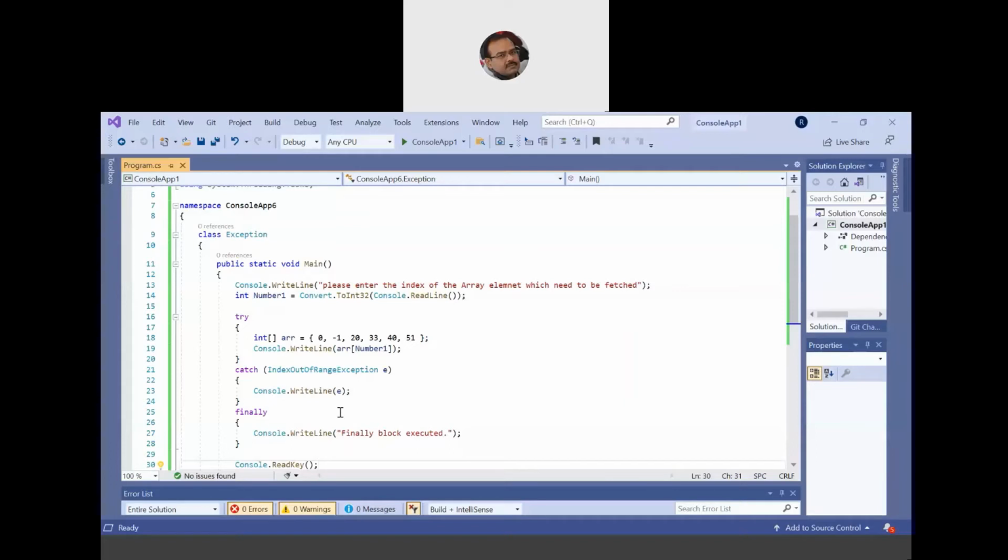Drivers may get loaded, or they may not, or an interruption can occur between the front end and the back end program. Maybe at my code or software level, maybe Visual Studio or Eclipse from which I'm trying to connect to the back end, or at the operating system level, or maybe at the database level. Somewhere some problem has arisen. So whenever I'm trying to connect my front end programs to the back end database, I need to make sure that I write this program within the try block.